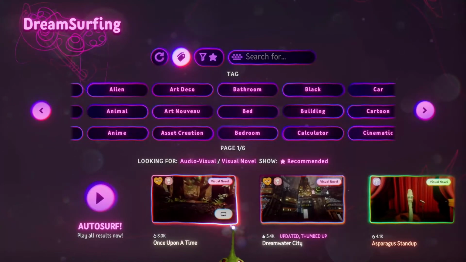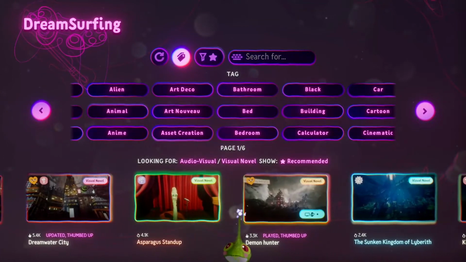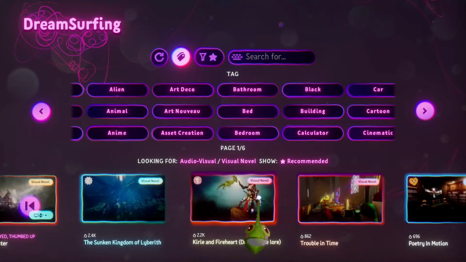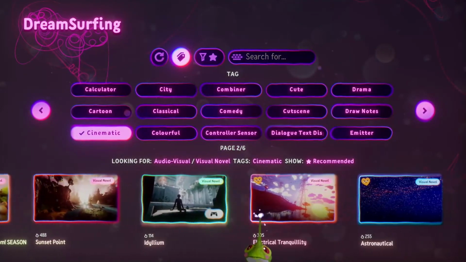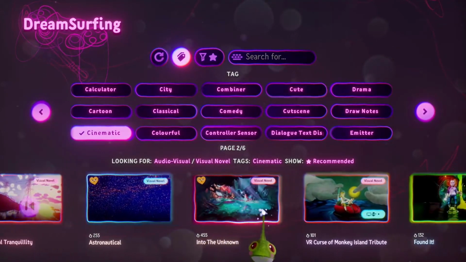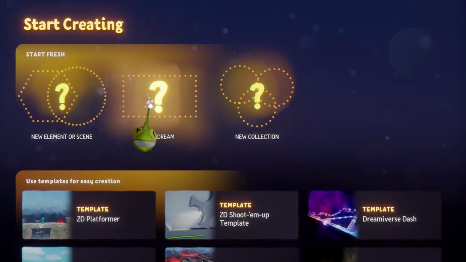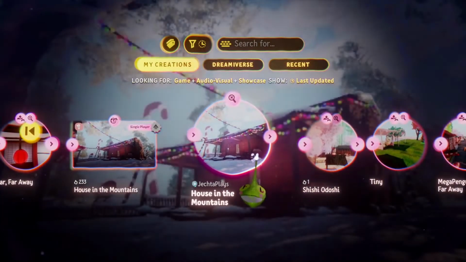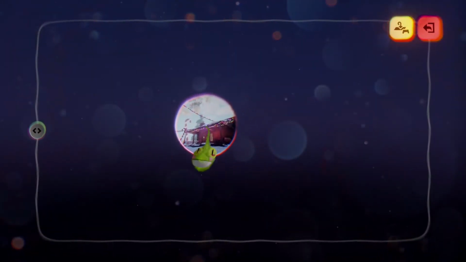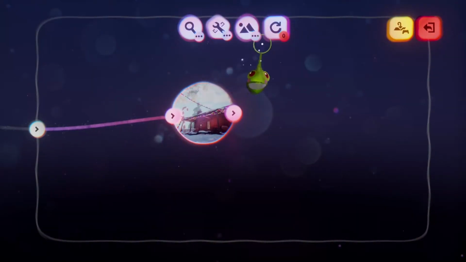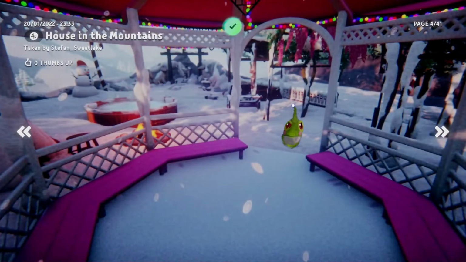Of course, it depends. If you have music, it's different. But if you have a scene, an animation, a sculpt, or you want to show something, always put your creation into a dream. The reason is that it's easier for Dreams to pick up your creation, so people can find it better. The Molecule team is going to curate your creation a little bit better. They will find your creation a little bit faster.